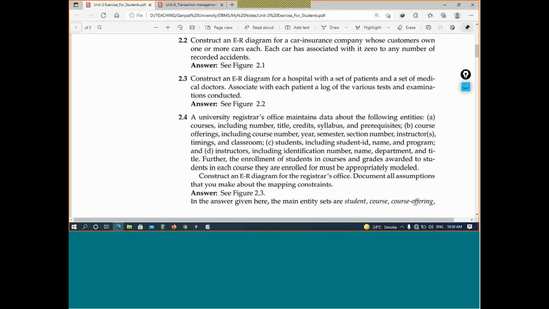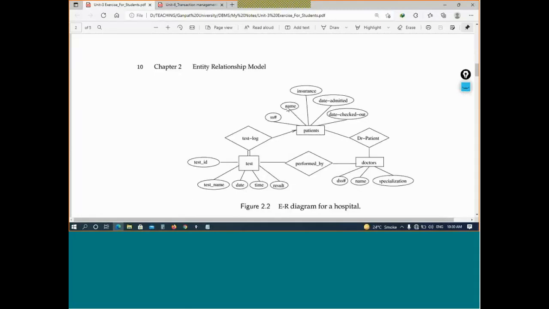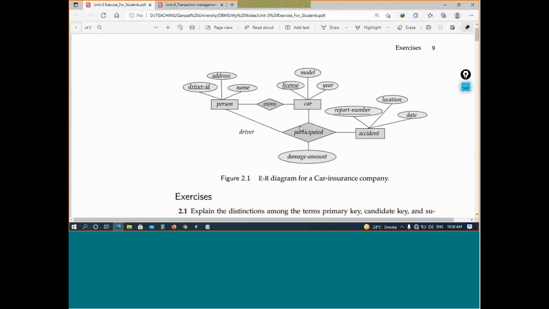So this is the answer created by me. Now what is the actual answer? This is the answer. Here, where I have insurance number, they have not given it. They have given person ID, which I say is a better word for driver ID, along with address and name.